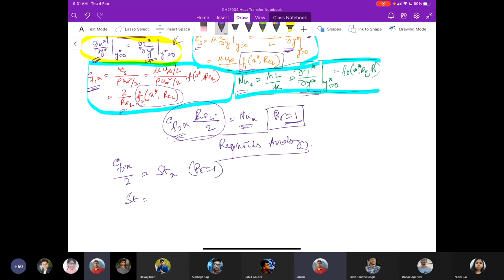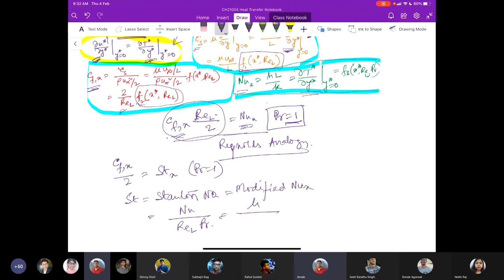The Stanton number, you can also call this the modified Nusselt number, is equal to Nusselt number over Reynolds number times Prandtl number. All these three are clubbed in the Stanton number,